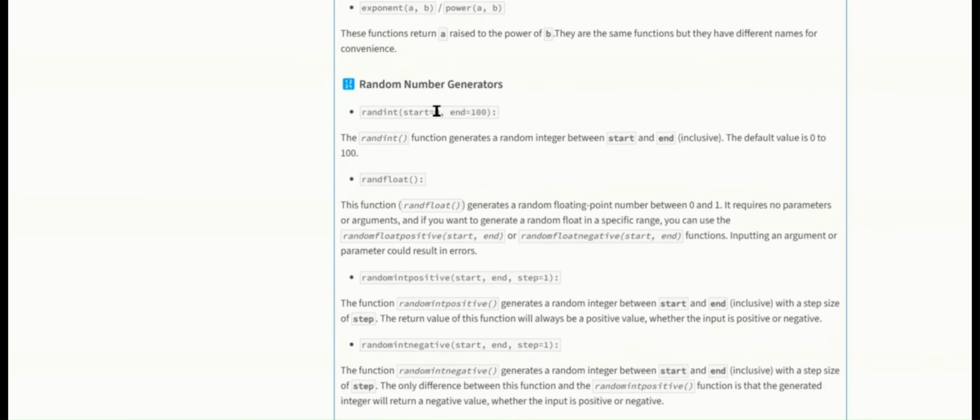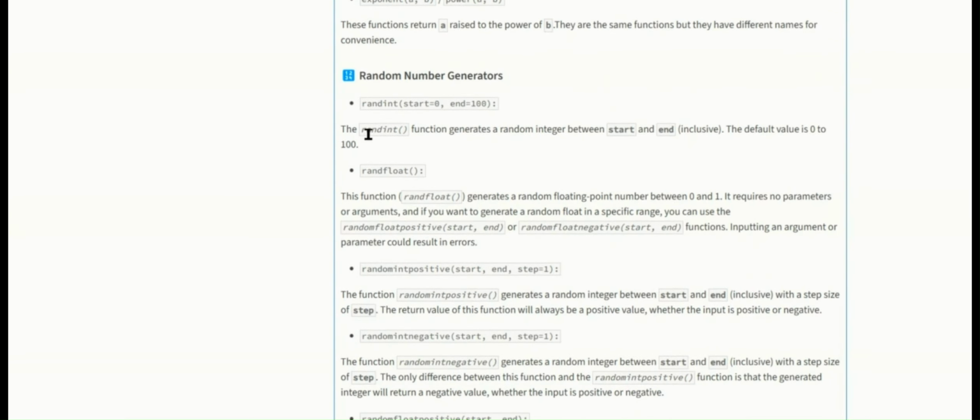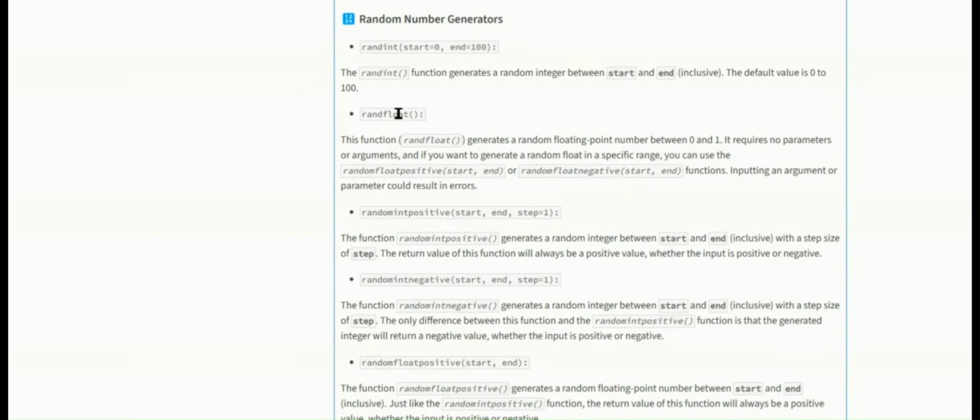The module includes an extensive set of features, with a robust math functions library at its core. Let's focus on the random number generation capabilities, which offer various specialized functions for different use cases. The basic random function in Pytpro generates integers between specified start and end values. When called without arguments, it returns a random number within the default range. The randFloat function, on the other hand, returns a floating point number between 0 and 1, and takes no parameters